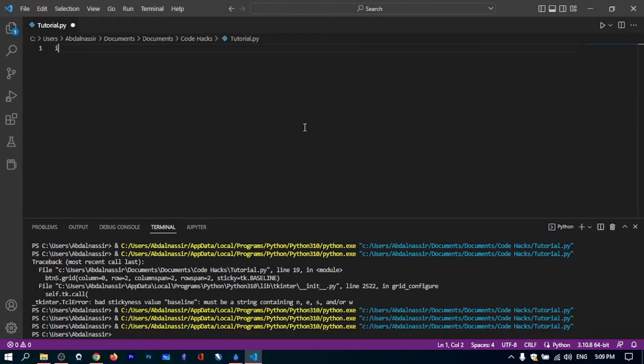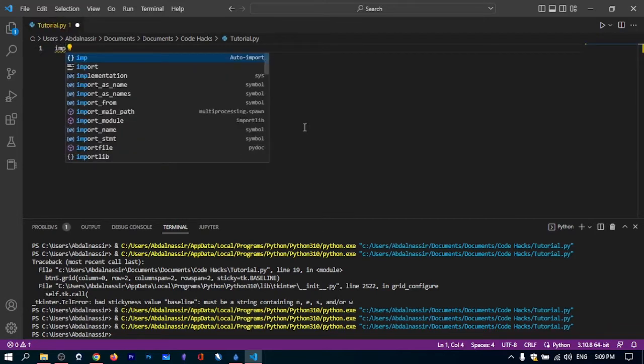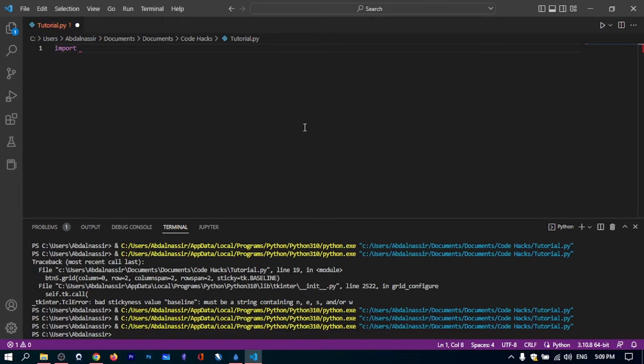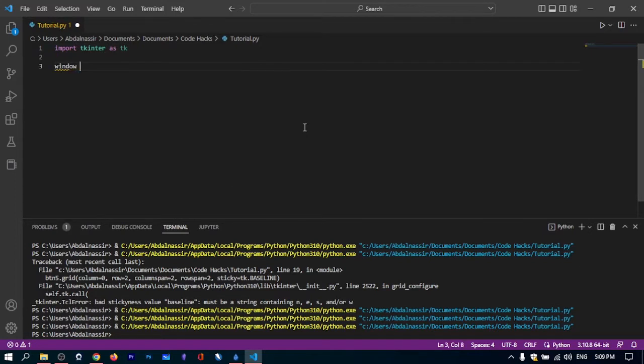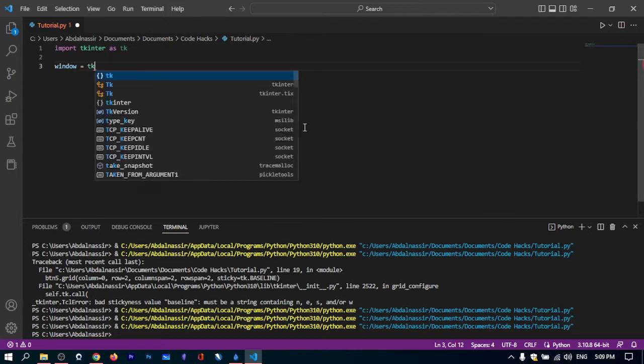So first of all, we need to import Tkinter as tk. The second thing is to create our window. So window will be equal to tk dot